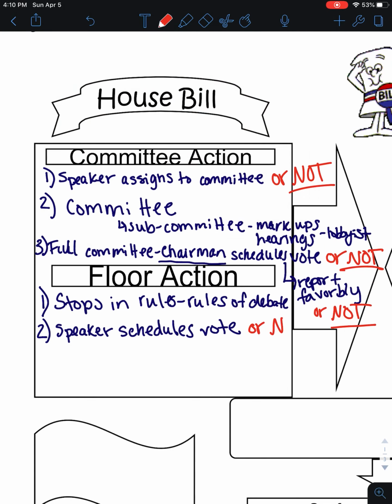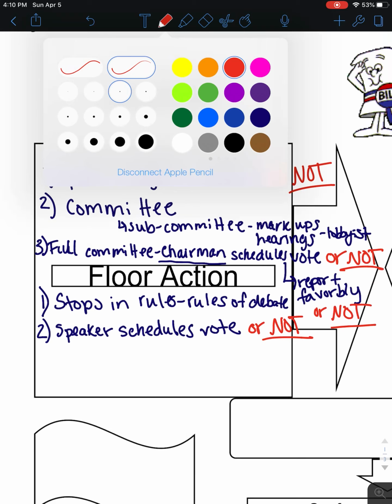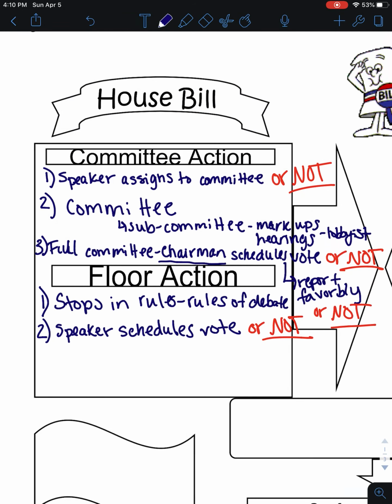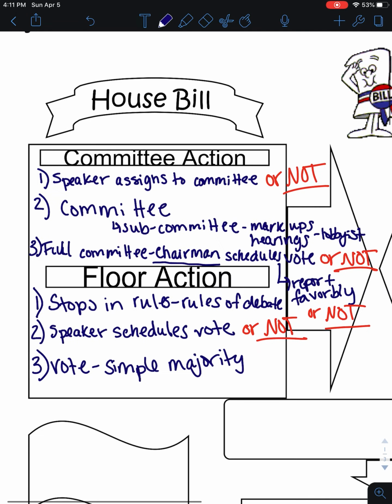They could get this bill from this committee and say, I don't like it, and just never schedule it to vote, and then that bill dies. But let's say the Speaker approves, the Speaker puts on the schedule, they decide to vote. That bill just needs a simple majority, which is 51%. If they get below that 51%,